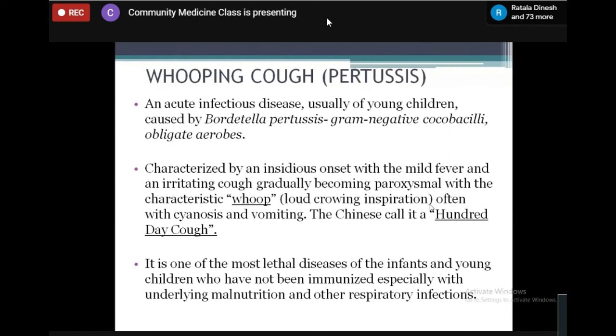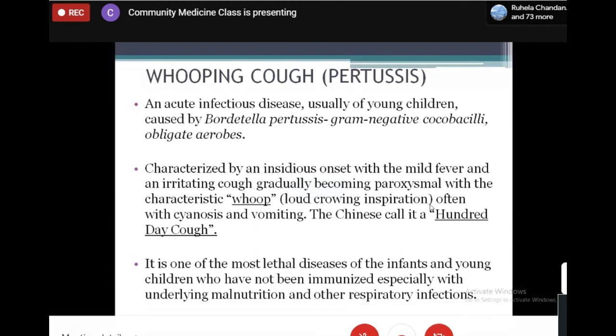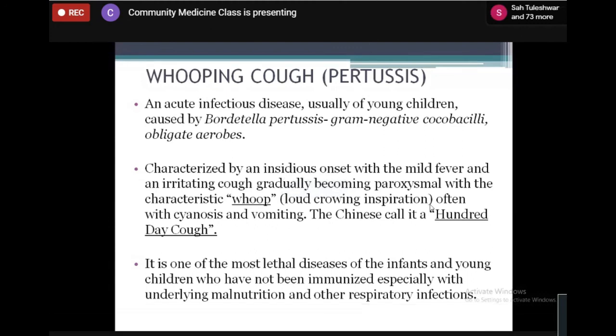Paroxysmal means, as I said earlier, a violent attack, a very severe wave of cough coming non-stop, that is paroxysmal cough with the characteristic whoop. The whoop is the name given to the characteristic sound of whooping cough, which is a loud crowing inspiration. So what happens when a child coughs